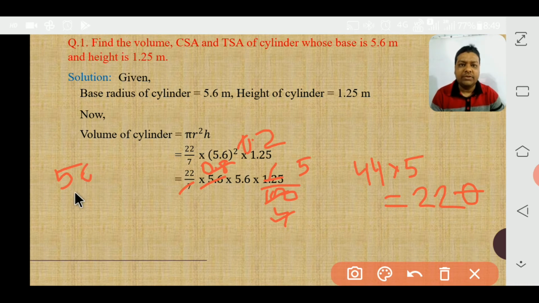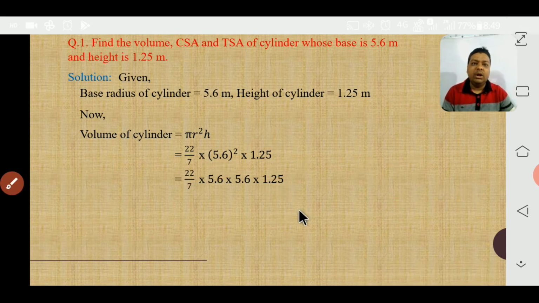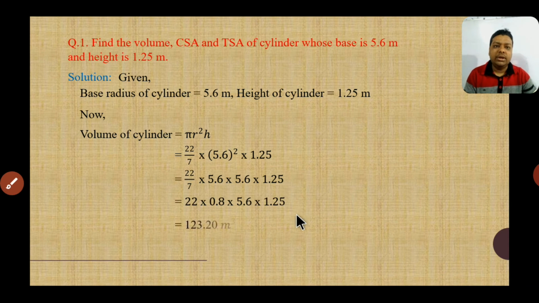Let's multiply at first without decimal. 6 2 ja 12, 2 carry 1. 5 2 ja 10, 11, 6 2 ja 12, 22, 123, 3 carry 2, 5 2 ja 10 and 2 is 12. 1232, it means we will put the decimal also. So 123.2 will be the volume of this cylinder. Okay, we can write at last meter cube. So this is the volume of cylinder, students.